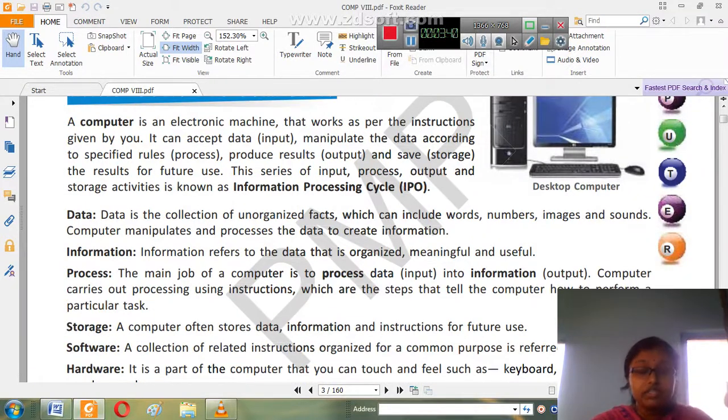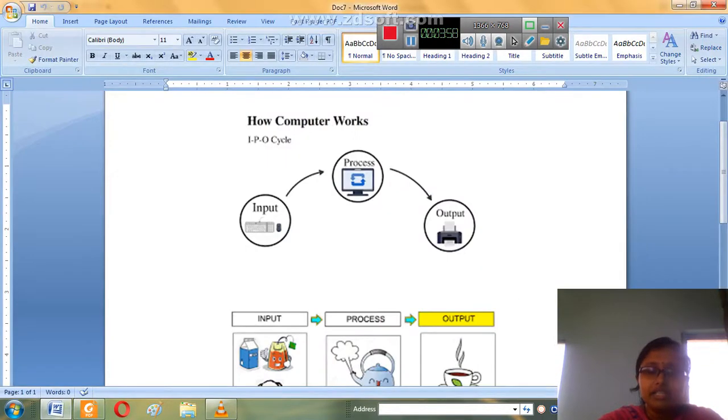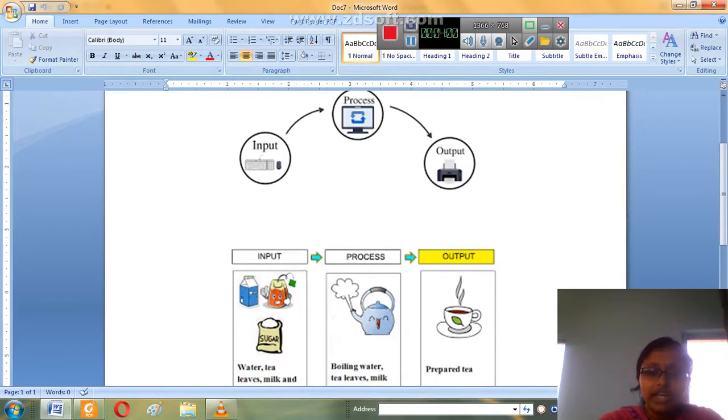Now we will discuss a few terminologies like data, information, process, storage, software, hardware, user, one by one. These are very important with respect to the basics of computer. So data is nothing but, just now we have seen, the unorganized fact, unorganized materials. With respect to computer, we cannot say material, so these are facts, unorganized figures or some numbers.